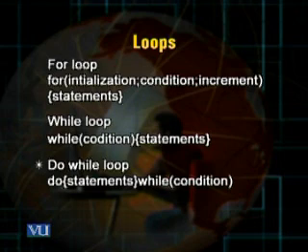The objective of all these three different types of loops is that we want some action to take place repeatedly till a particular point. So whenever we want some action to take place repeatedly, we therefore use for loop, or we use while loop, or do while loop. They serve the same purpose.